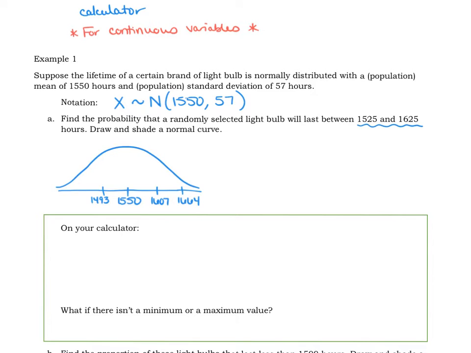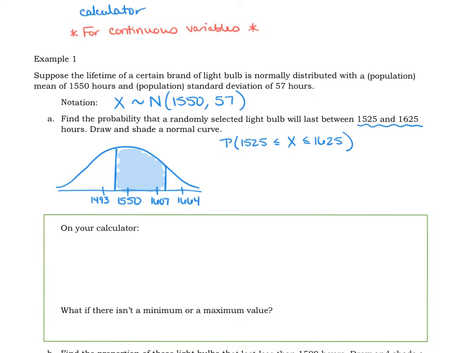So let's say we're right about here, 1,525 to about 1,625, right about here. So the region that we are looking to find is this part right in here. Okay, so remember, that is the area, which is also the probability. Those are the same thing. Area equals probability. So what we're asked to find is the probability that the lifespan of our light bulb is between 1,525 hours and